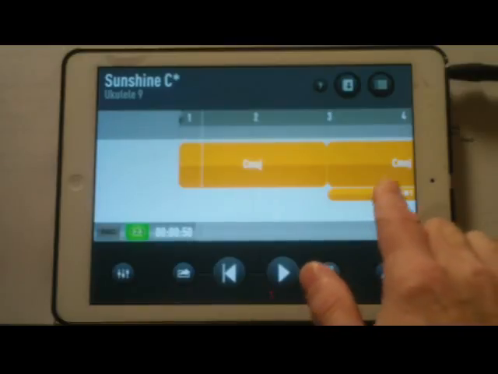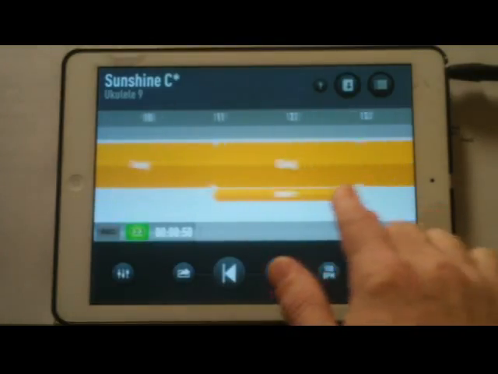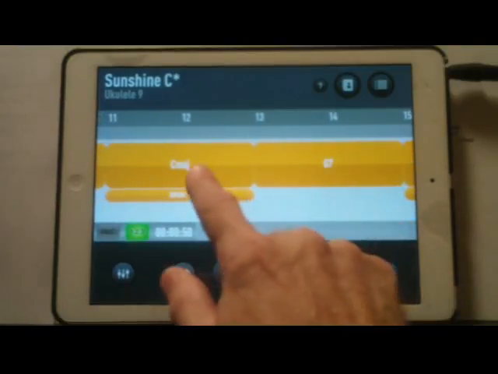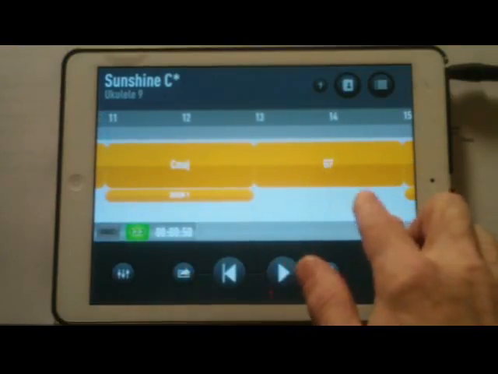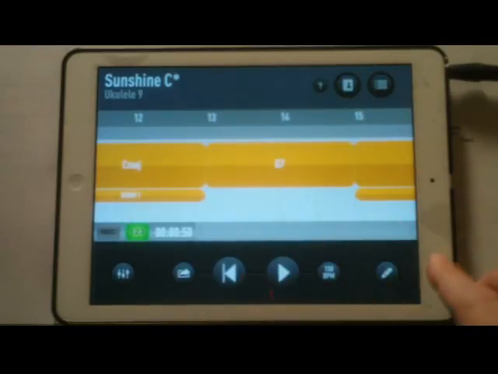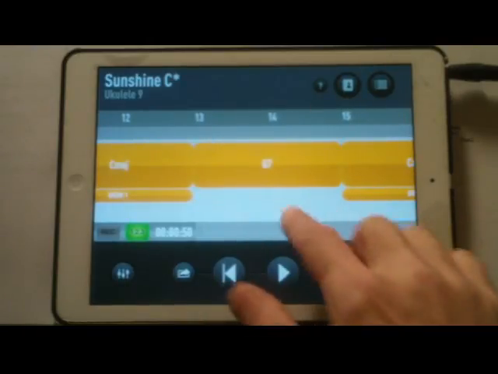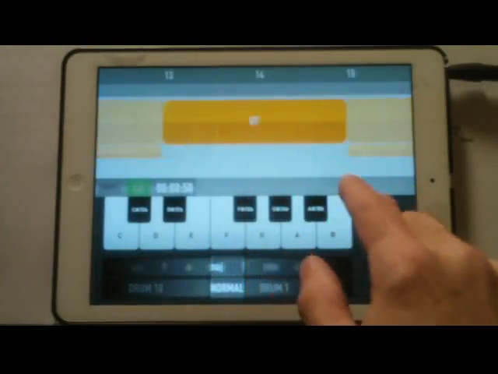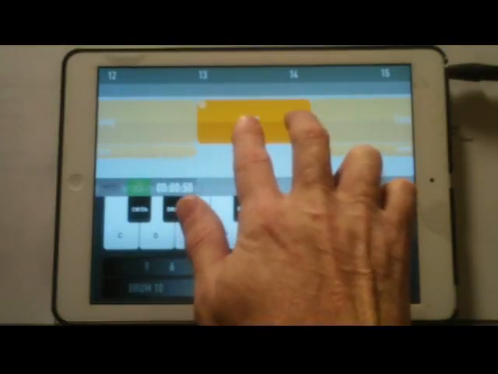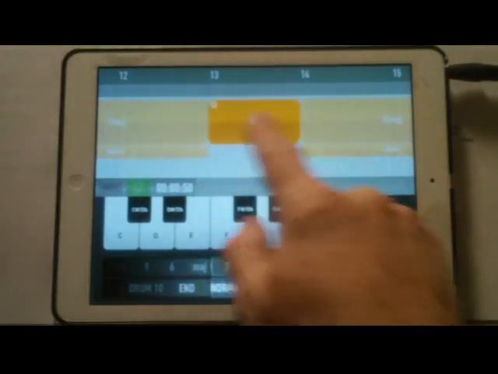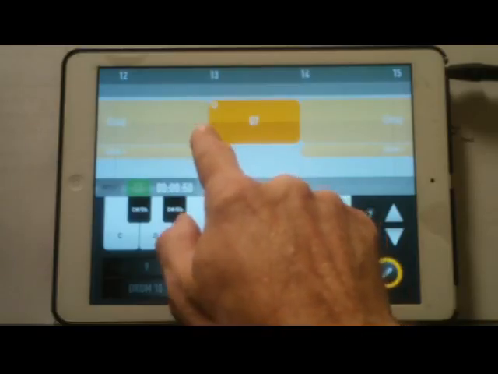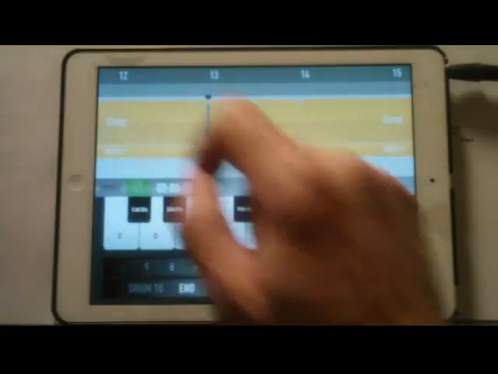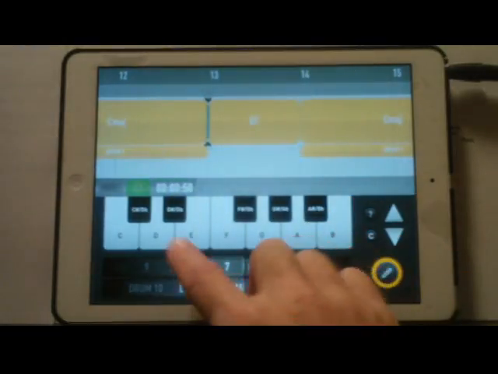Now, did you catch that? That's wrong. That is so wrong. This G7, what I need is this C to go another measure and the G7 to only be one measure. So here's how we're going to fix that. We're going to go into the right mode and we're going to shrink our G7. But as you know, I needed another C to go in this position right there. And I cannot stretch this C major here more than 2 measures. So what I'm going to do is,